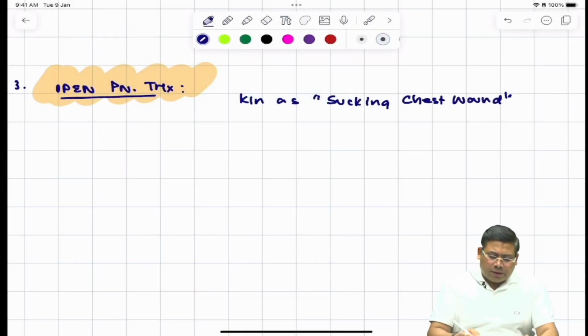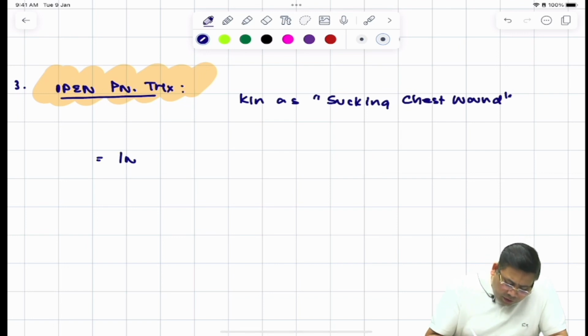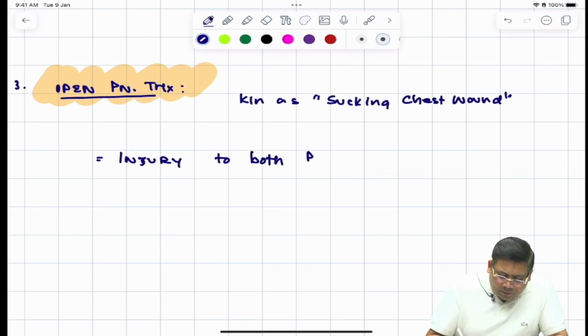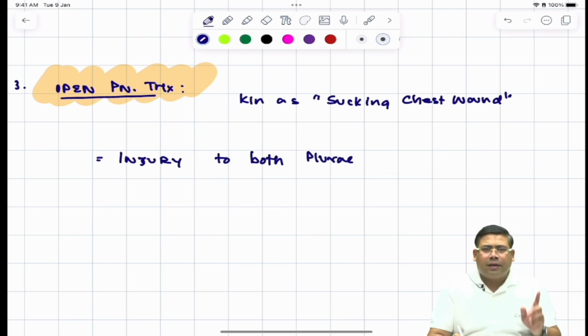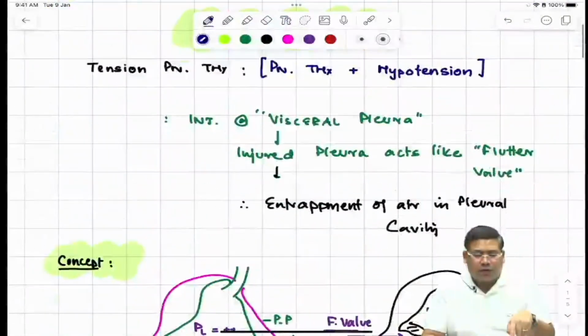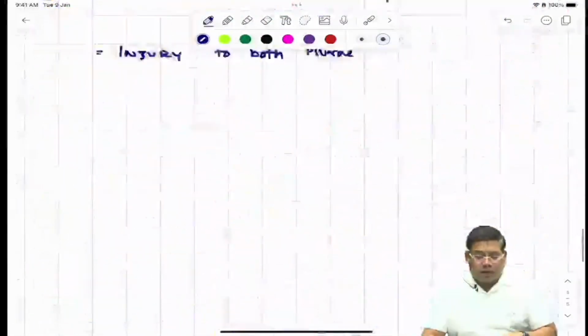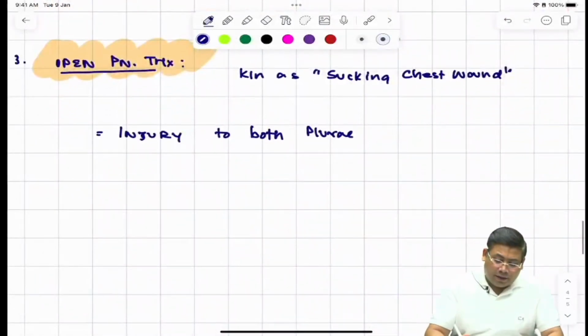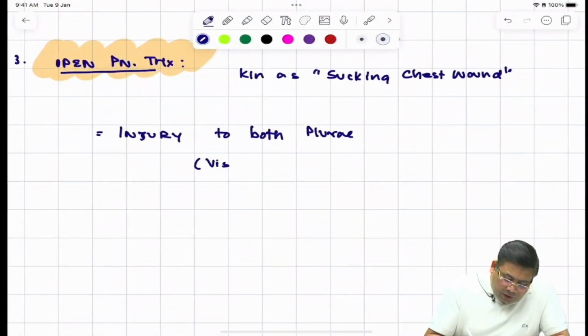Open pneumothorax is defined as injury to both the pleurae. So when we talk about injury to both the pleurae, what do we mean by this? You know, in tension pneumothorax, I have shown you there is injury to which pleura, students? Injury to the visceral pleura. But in case of open pneumothorax, you should understand both means visceral is also damaged and parietal is also